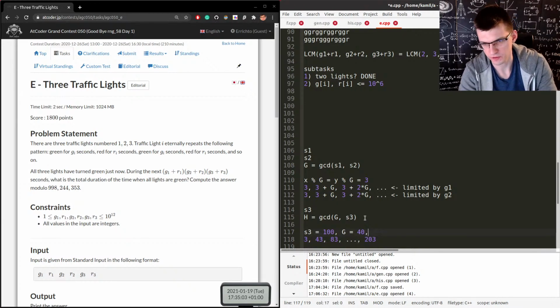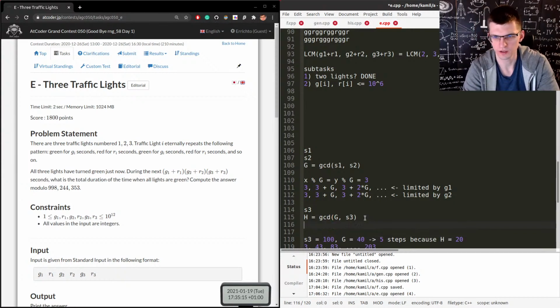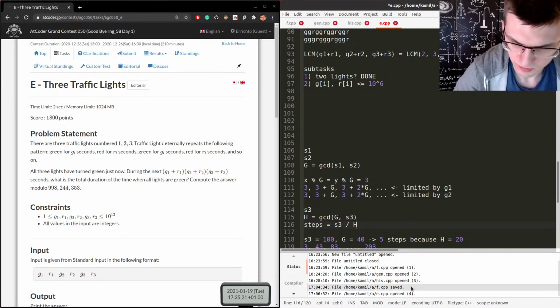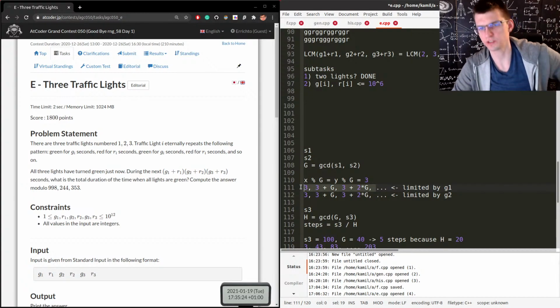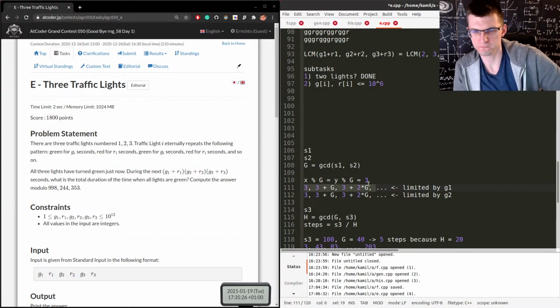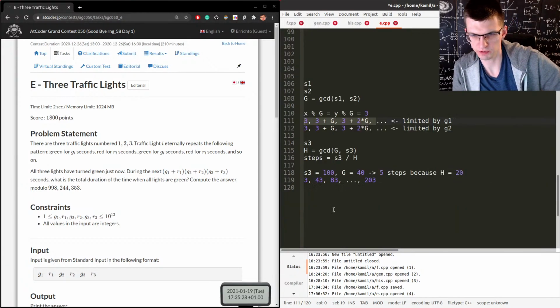Yes, 5 steps, because the GCD of these two is 20. All right, so we have a formula. Steps is 100 divided by 20, S3 divided by H. This is how many different remainders we have, and among them,